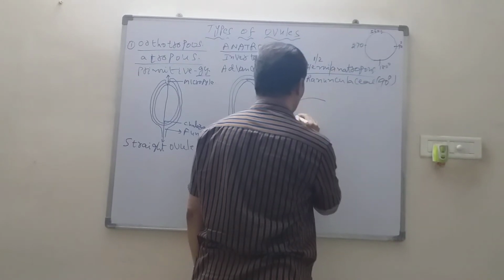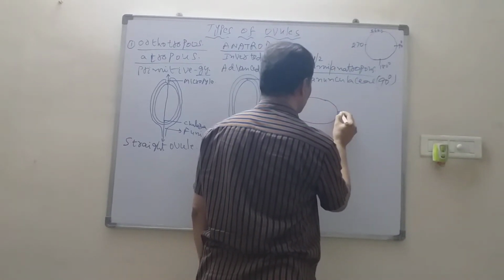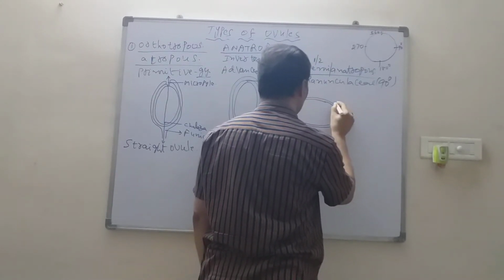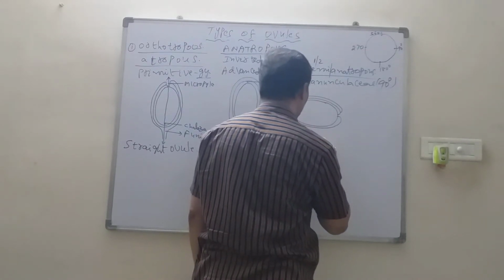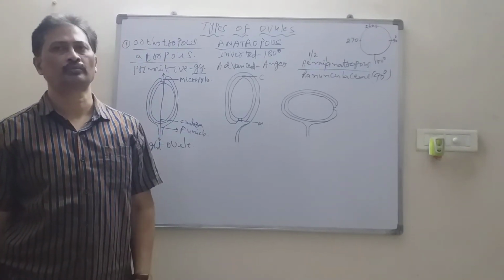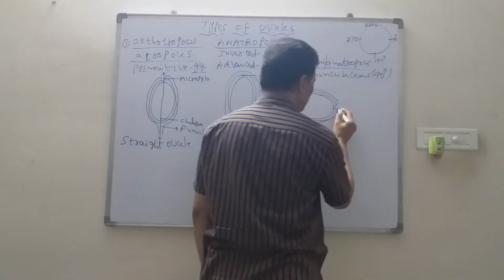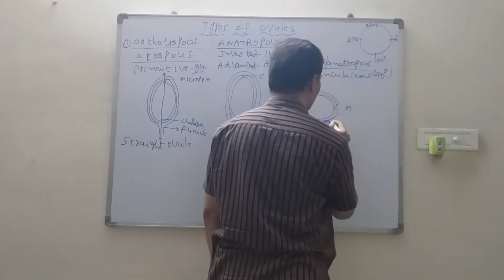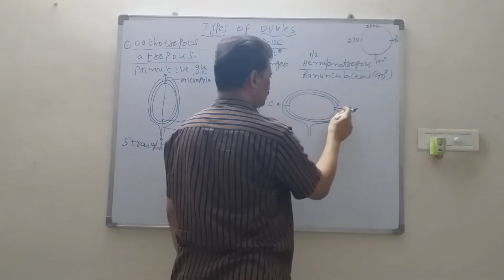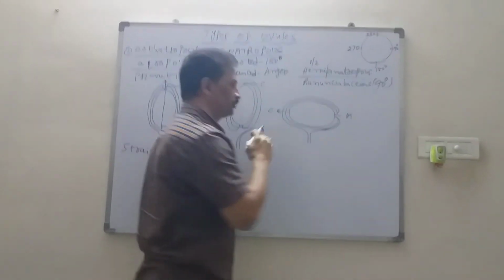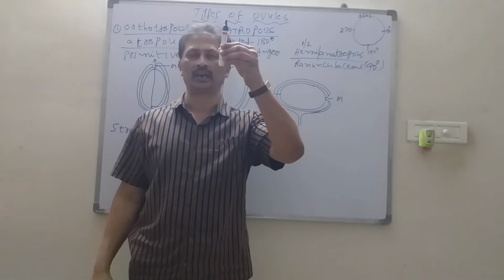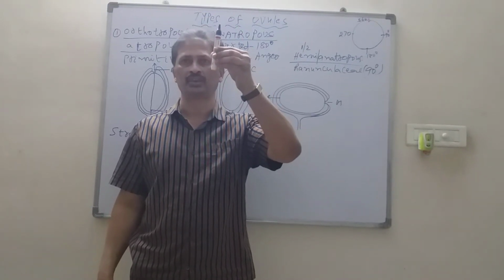See, this is the body of the ovule. This is the micropyle. So the hemianatropous ovule appears like this. That means here it is the micropyle, and this is called the chalaza. That means the micropyle and chalaza are produced like this. Here actually this is the orthotropous condition, and in the case of the anatropous condition, the diagram is like this.